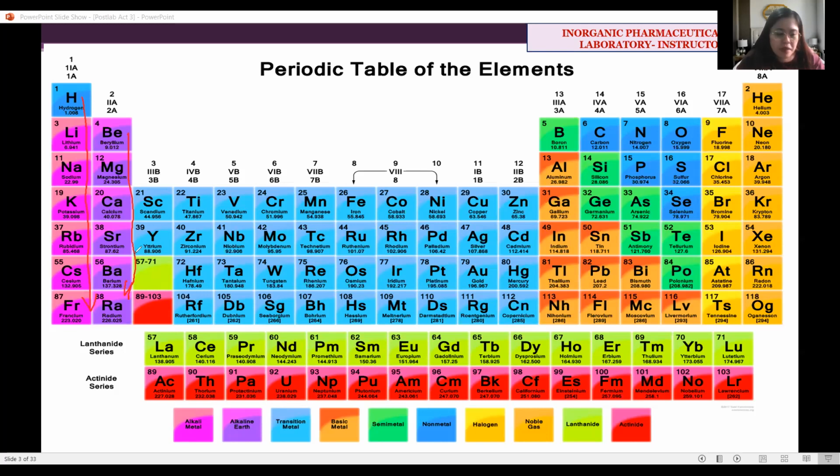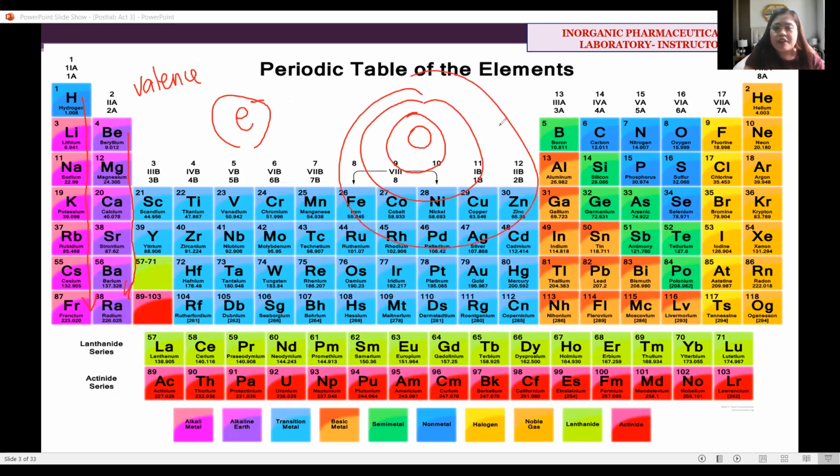And when you say groupings or groups or families, the similar characteristic that they have is actually, we refer to it as the valence electrons that they have in their outermost shell. So again, when you say valence electron, these are the electrons found in the outermost shell. So kung na kay atom class, this is the nucleus. Surrounding the nucleus are energy shells wherein we have high probability of finding the electron. So kung unsa tong pinaka-last niya nga shell o kung pila ka buok ang electrons didto sa pinaka-last nga shell mo natong ginatawag og valence.